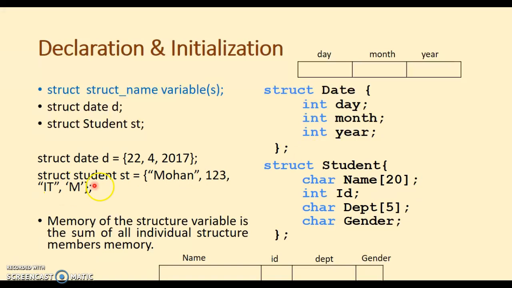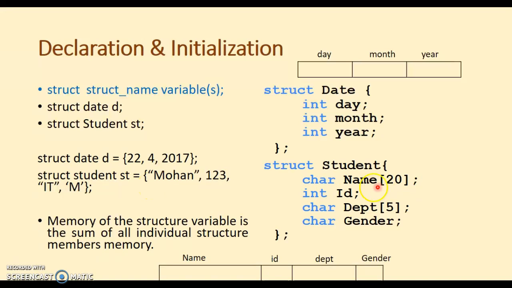Similarly, struct student st is equal to Mohan, followed by student ID 1, 2, 3, followed by department, a character array, followed by gender, male or female, so that each and every field is separated by commas, and we need to follow the syntax of field types. Here, for a character array, we need